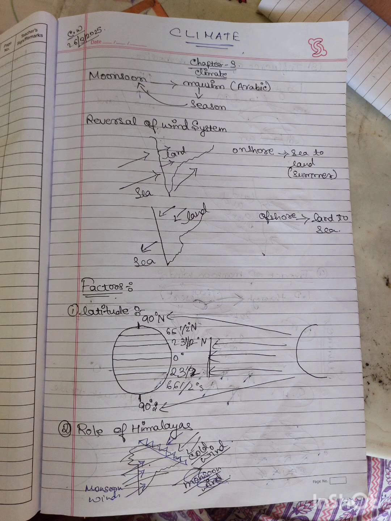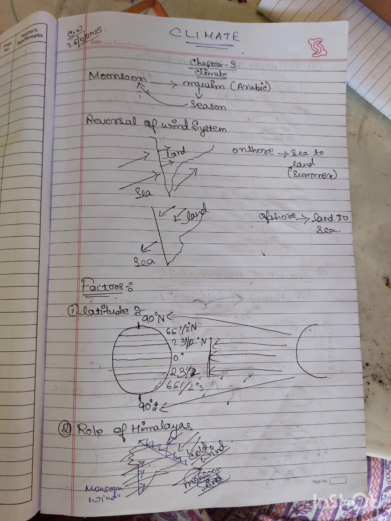Diagram is a very important part of geography, and this makes an answer more complete. If a diagram is provided with the answer, it fetches you more marks, and you get to write a more comprehensive answer. So over here, see, I have shown the reversal